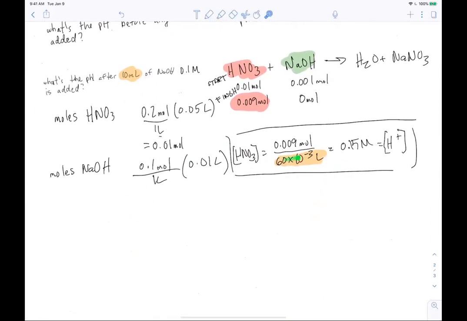And so you'll note that I plug in my new volume here. So I'm diluting my H+ concentration. It's a much smaller change, but